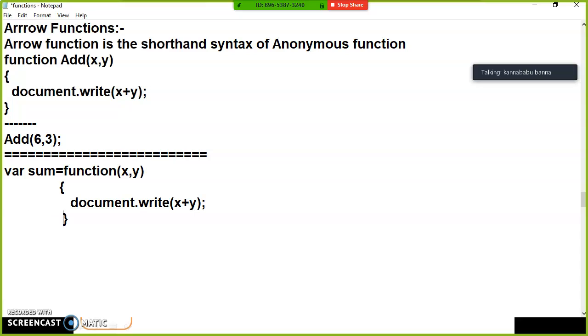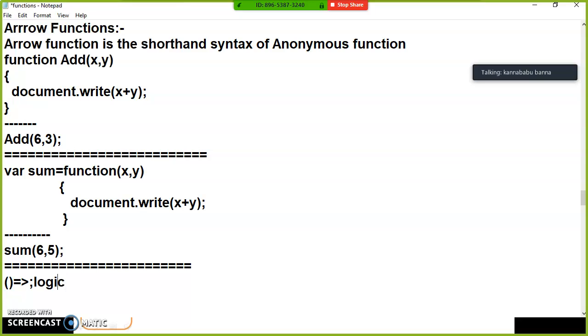Is it clear? At the time of calling, you call the function name passing the values 6, 5. So the output will be 6 plus 5, which is 11. This is an anonymous function.